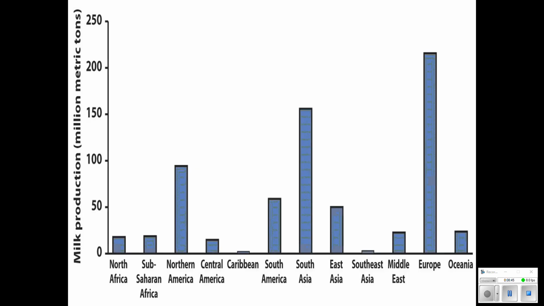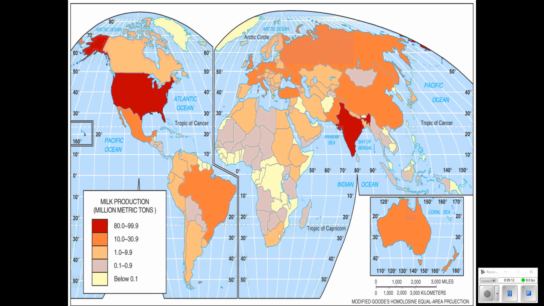So when you think about milk production, just a quick chart showing you, Europeans actually have even more milk production than the United States. One difference, of course, is in Europe, your milk is not always as cold and refrigerated as we like to have it with our Oreos over here in the United States. South Asia, remember, India has a lot of cows. Remember that the Hindus won't eat the beef, but they will drink the milk. So because all those cows are there, there is a lot of milk production.